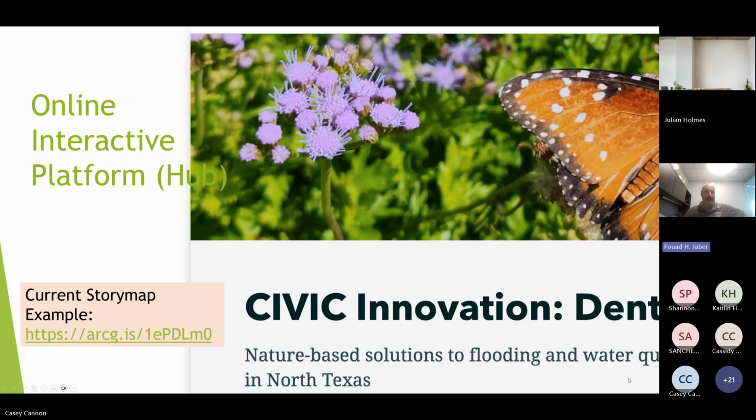So here's the hub that we developed eventually, and I was considering clicking on it, but I think we'll skip that point. But once you get that slide, you can click on this link, or you can just copy it and put it in your browser, and it's going to take you to a website that shows a map to select green infrastructure, or if you see green stormwater infrastructure and it's not on the map that is provided